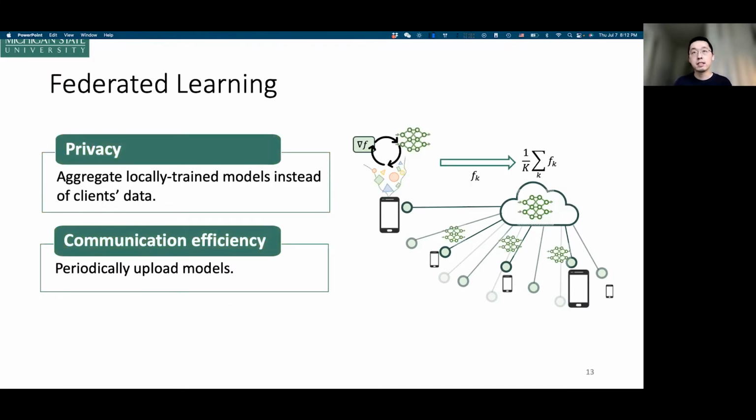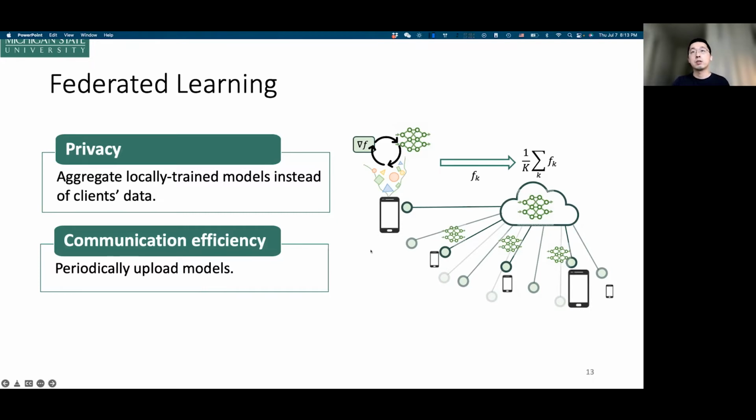A very good alternative could be federated learning, which is very popular recently, and which will respect privacy and benefit communication efficiency. The key idea is that we will not upload all the data to the cloud. Instead, we allow the client to train a local model using the local data without any sharing. The benefit is that, obviously, when you don't share the data, you are less likely to leak your personal information. And meanwhile, because you don't upload the data, you can save a lot in communication.